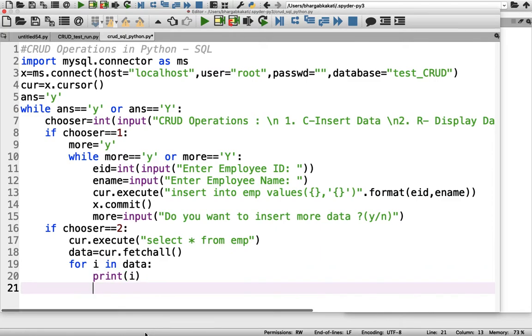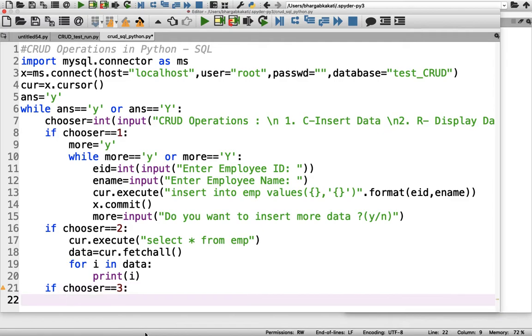Okay, now let's go and implement the third menu, which is if chooser equals 3. The third menu is for updating data, the U in CRUD. We have already done C and we have already done R. Now we will be using the third one, which is updating.